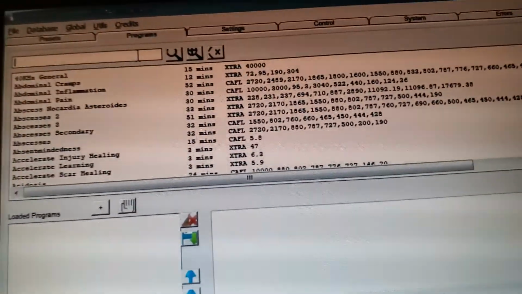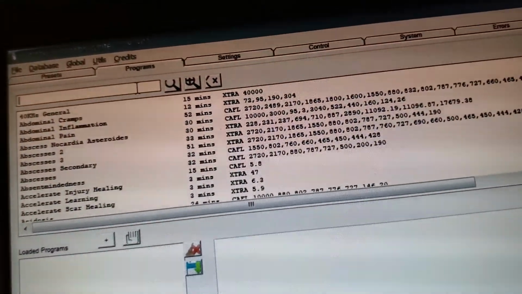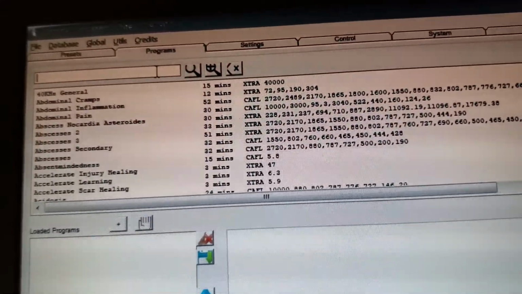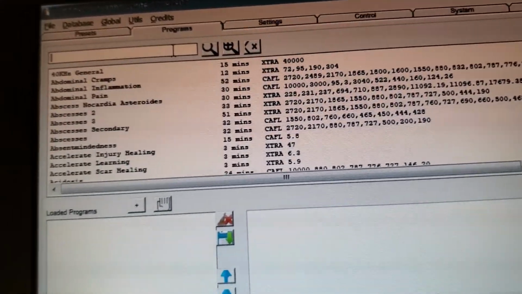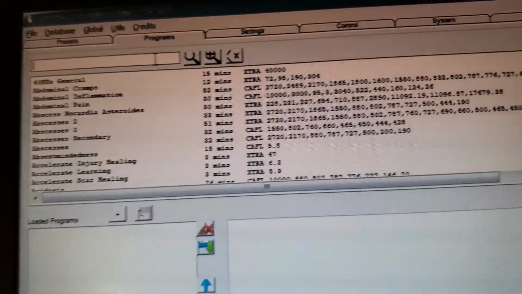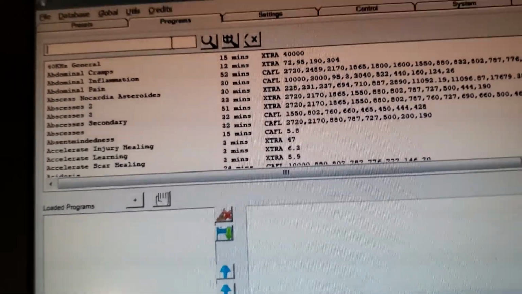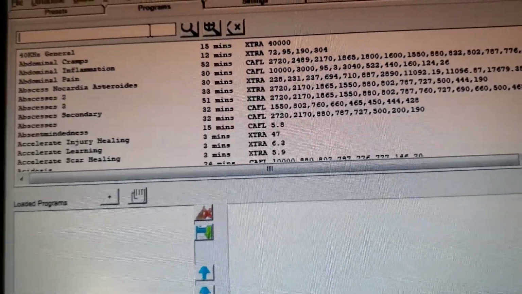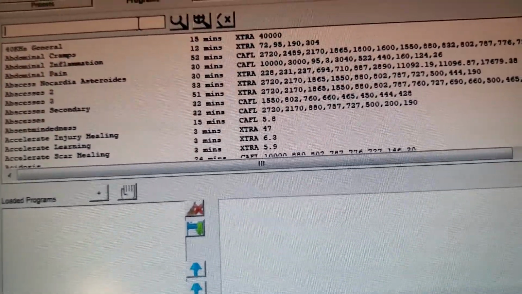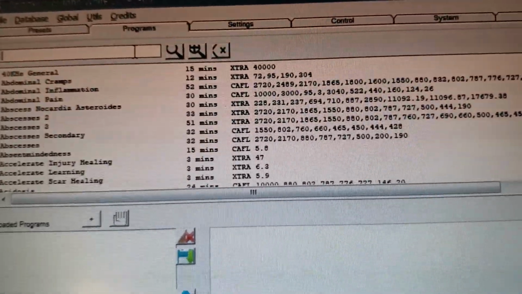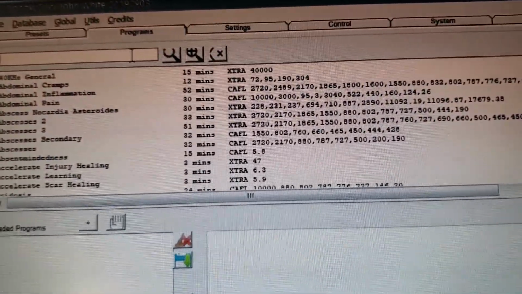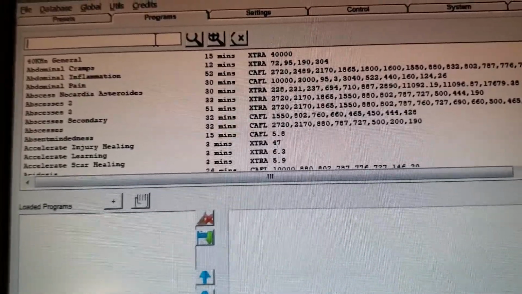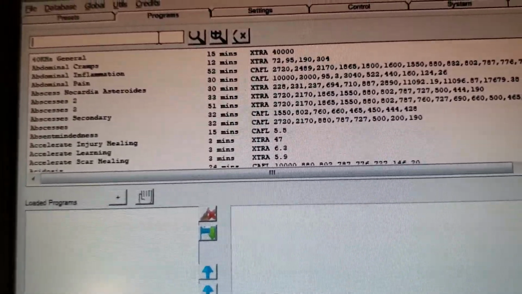Okay, today this is going to be about how to create a custom frequency program, meaning how to add a frequency that currently doesn't exist in the database. Someone recently was tested for a urinary tract infection and they found E. coli and Streptococcus aeruginosus. So today I'm going to add a frequency for a bacteria that is currently not in